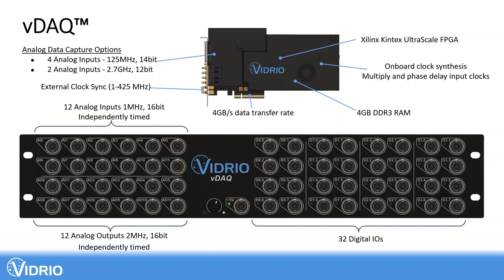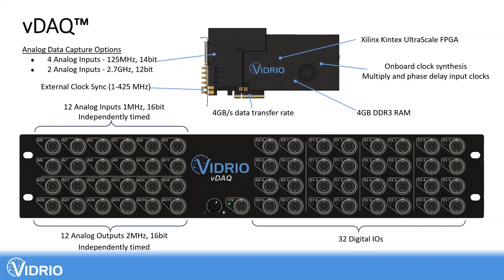Another key thing is that this has the newest UltraScale FPGA on it. It's got 4 gigs of RAM, and it's also got the ability to synchronize with external laser clocks from 1 to 425 megahertz. This is coupled with onboard clock synthesis, which can multiply and phase delay input clocks